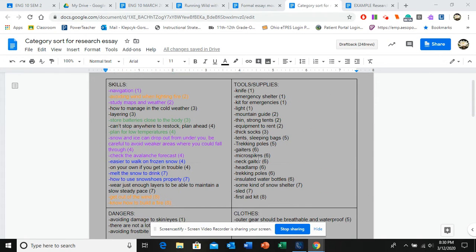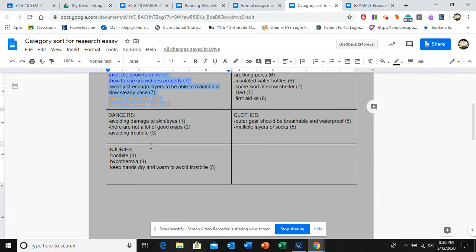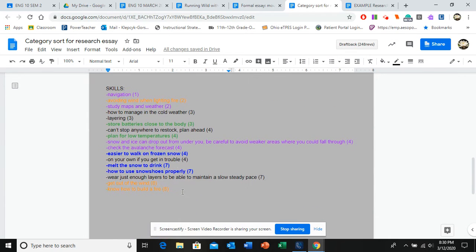So I went ahead and continued to color code to further sort this information into a logical order. And I copied all of this information and started a new page, so I'm only looking at the skills. I just pasted it right here because this paragraph is only going to be dealing with information from this